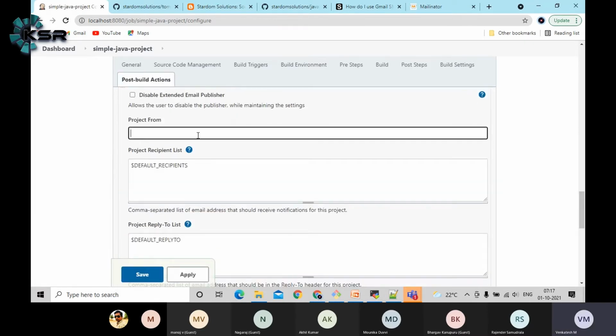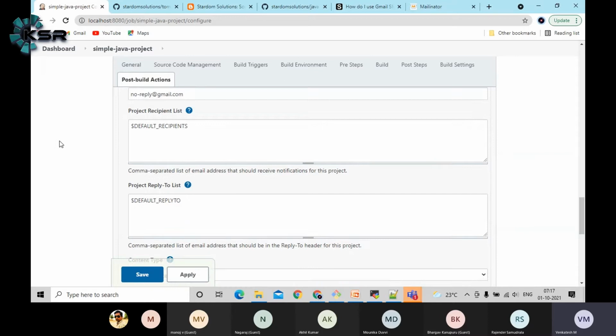So project from, what you can say is no reply, something like that, if you can use it. Otherwise, if you can use anything, you can leave it empty also, that is also fine, guys. This is just for practice purposes only. Default recipients, this will take from the global.